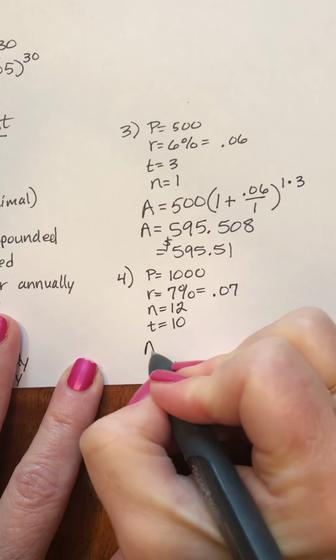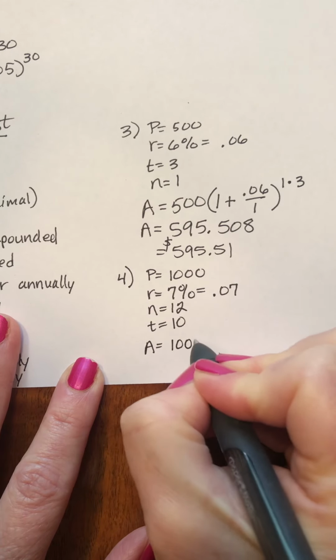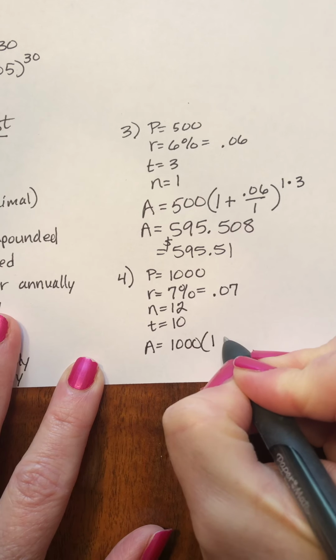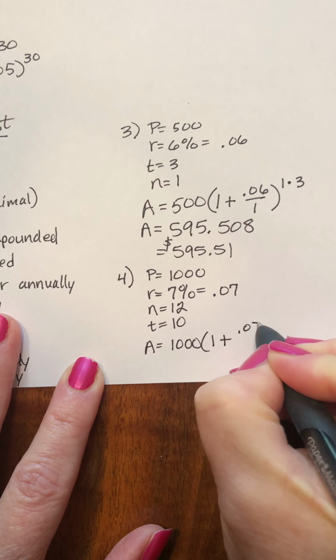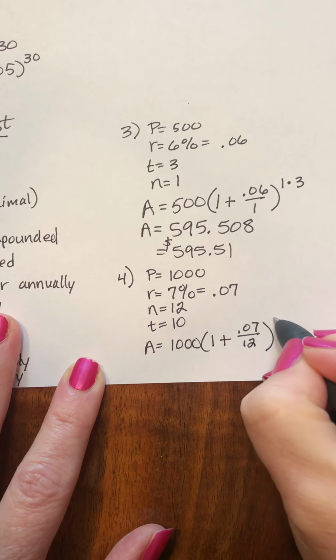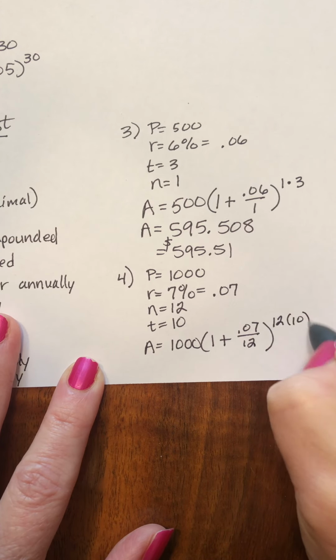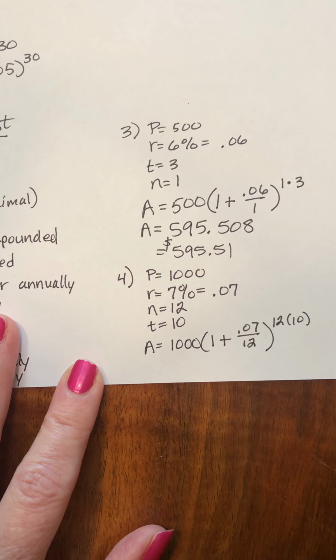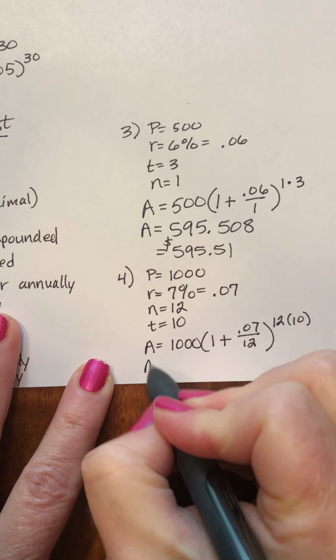So your formula is going to be 1,000 times 1 plus 0.07 divided by 12, and then your exponent is going to be 12 times 10. So when I put that in the calculator, 1,000 times 1 plus 0.07 divided by 12, and that's going to be to the 12 times 10 power. We get this value,